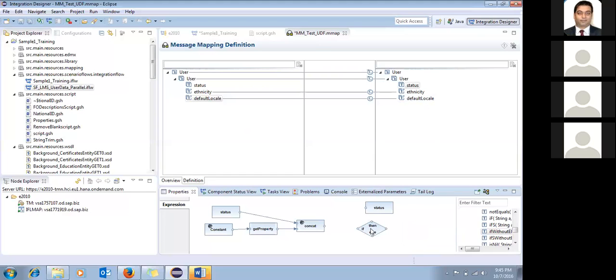Okay, so over here, maybe I can just try and check the status in case the status is coming in as, let's say T, or since this is a custom thing, we'll just check it with active or inactive. Then based on that, we'll pass the status in the target based on our requirements. So I'll just have,